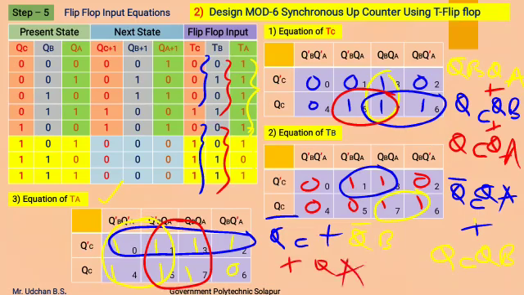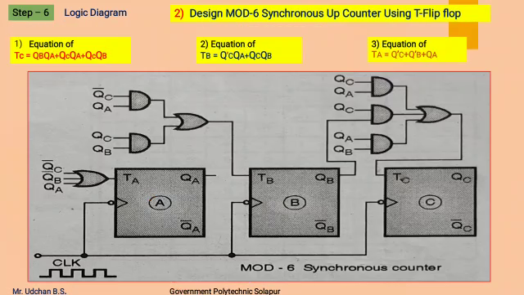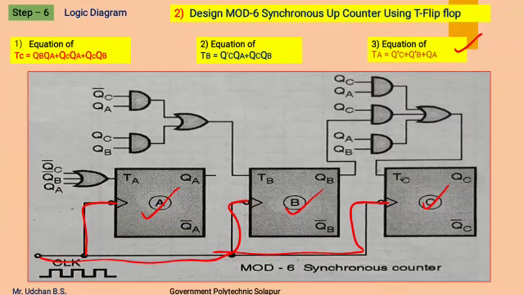So after having all the equations of TC, TB and TA, we can draw the logic diagram, which consists of 3 flip-flops A, B, C. A T flip-flop is used over here. A common clock pulse is applied to all the flip-flops. After that, as per the equation, TA is QC bar plus QB bar plus QA, which is formed using this